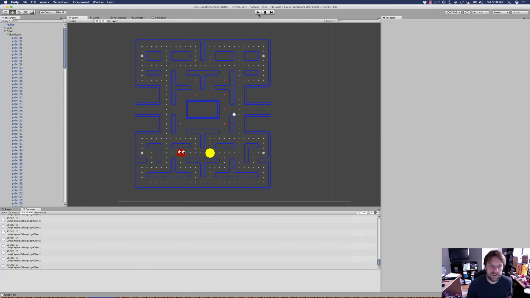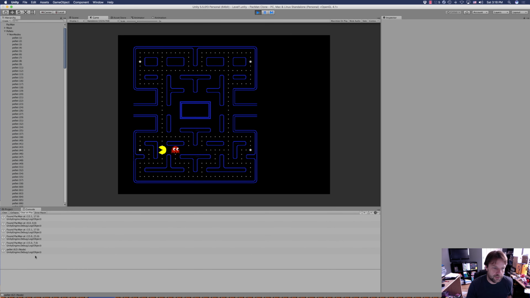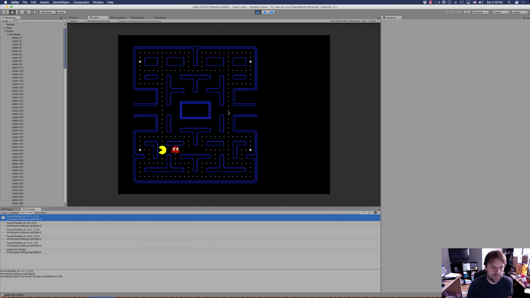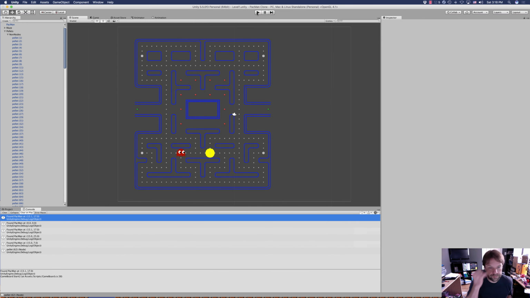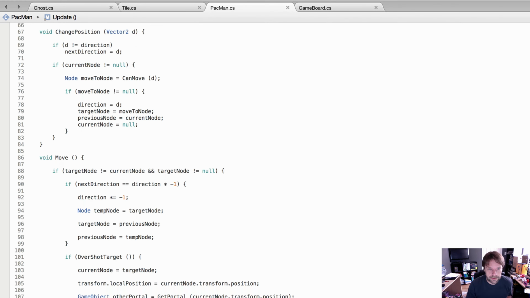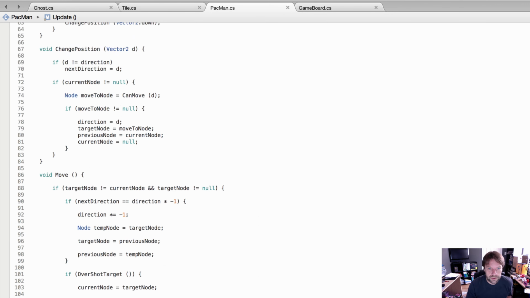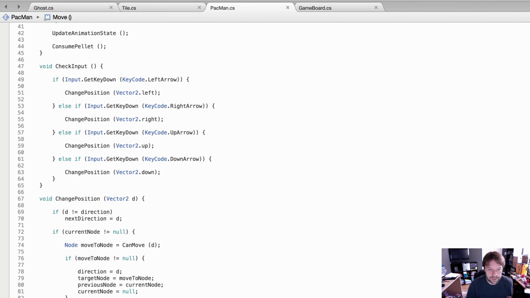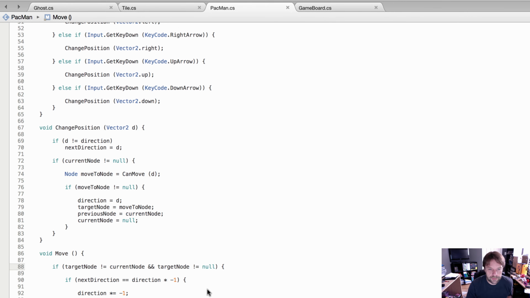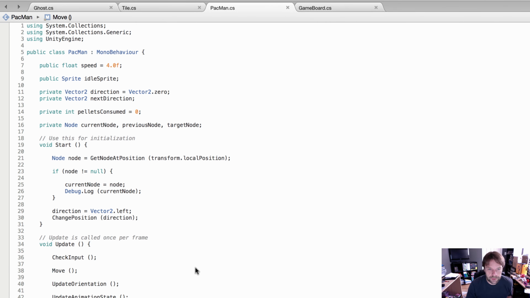And go back into our game. And there's literally nothing here. Nothing is happening. Well, that's not what we want. Okay, so the target node is null, is what I'm guessing here. Since the target node's null, then nothing else is going to happen. So our target node being null,